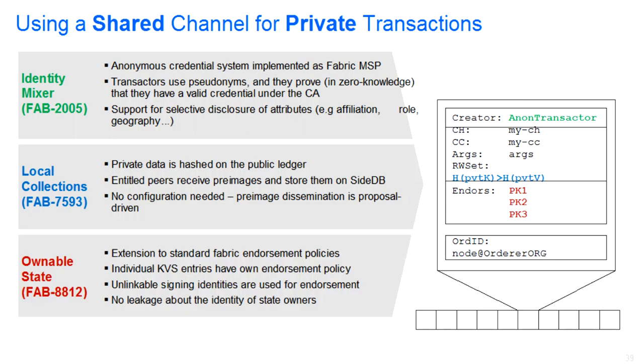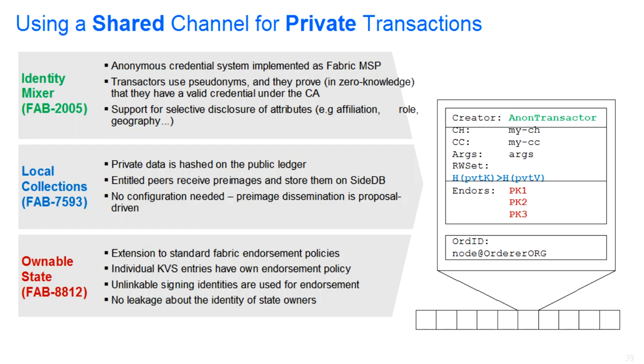And finally, through Ownable state, like we described before, and its privacy-preserving variant, we might have a set of endorsers which are still publicly verifiable. We can still see that the transaction was properly endorsed, and yet we don't know who these nodes actually were. And so now, if you look at the transaction, you can see that everything we are leaking is really